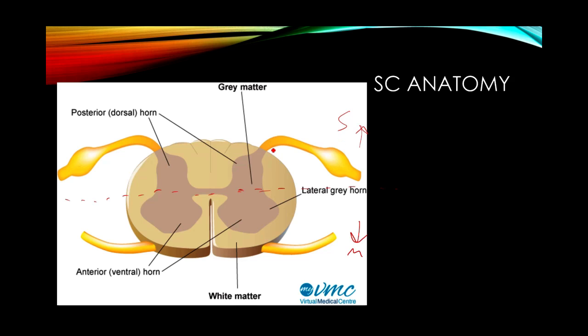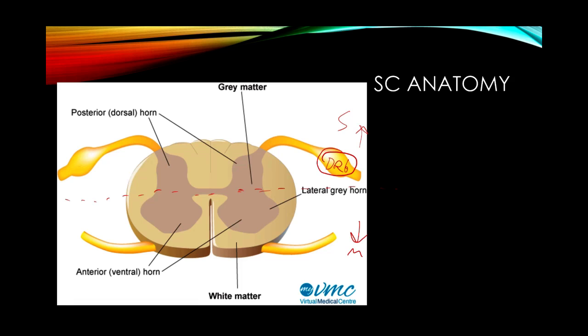The sensory information is associated with the dorsal side or the posterior side of the spinal cord, and the motor information is associated with the ventral or anterior side of the spinal cord. I want to draw your attention to this guy,